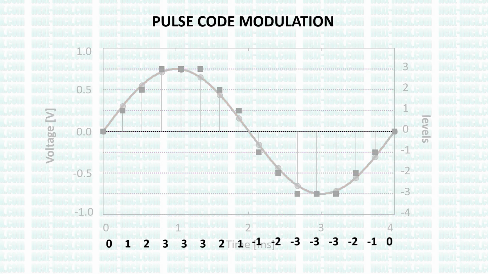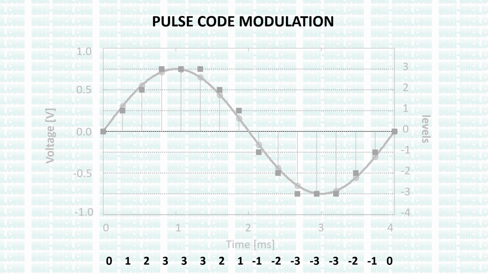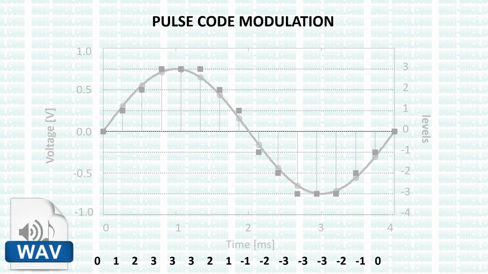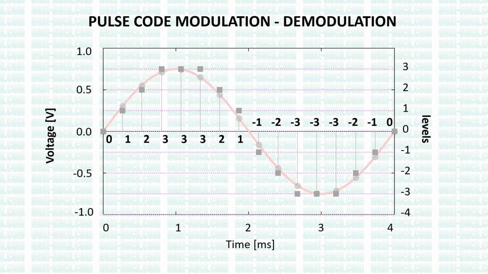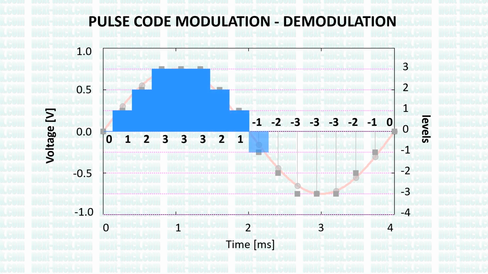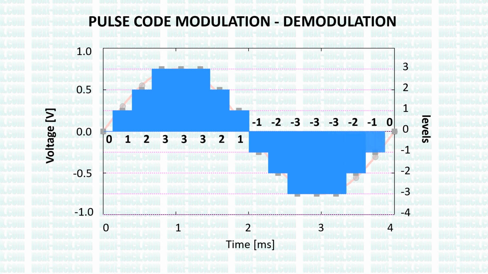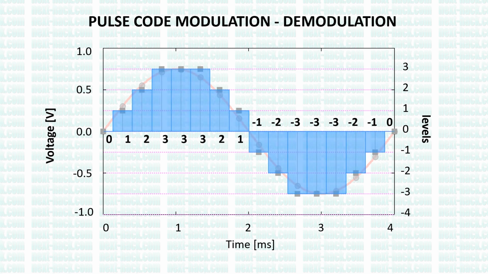However, we want to play a file. Therefore, these operations were already performed when the audio file was created. To play this file, we must perform the opposite operation, that is, the demodulation. For each sample, we generate a voltage which is kept constant for the whole sample time. After that sample time, a new voltage is generated, corresponding to the next sample value. This repeats as long as we play our audio. The achieved signal is a series of steps that approximates the original value.